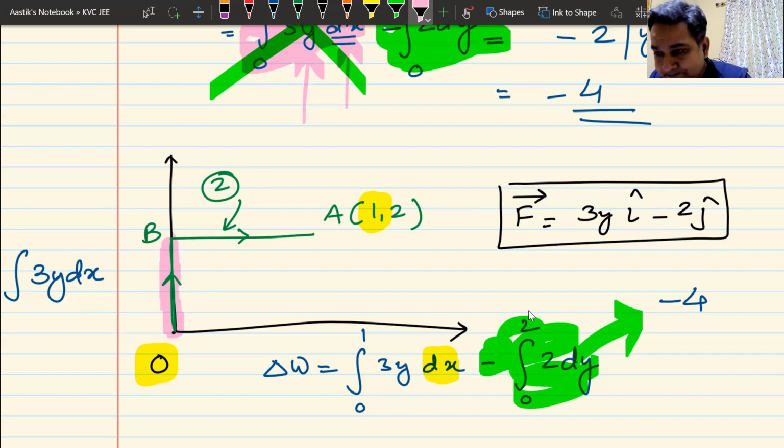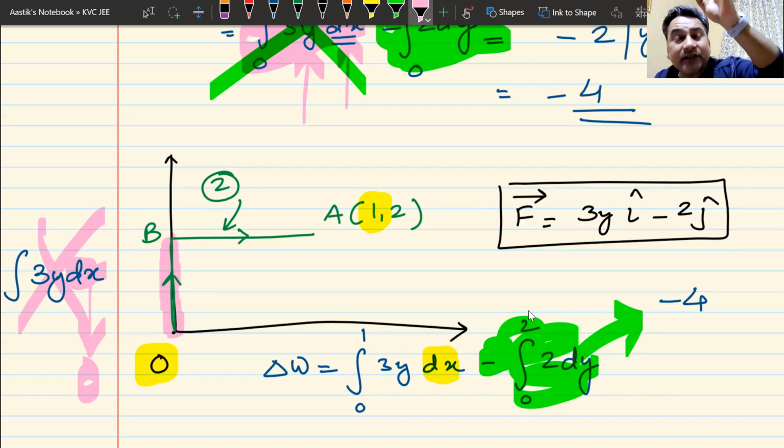What is happening from O to B? It is moving along the y-axis, sir. It is moving along the y-axis. So the value of dx is 0. So this integral becomes 0. I cut this out, this integral becomes 0. Do you all understand this? Simple. This is not physics, this is simple. You go up along the y-axis, x does not change. So dx becomes 0. This is gone. Tata, bye-bye. Are we all on the same page? Can I have some raised hands that we understand this?